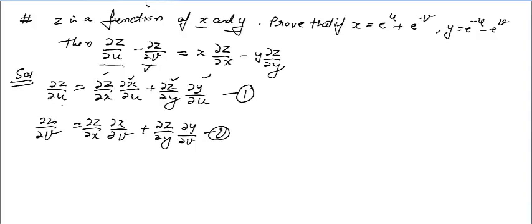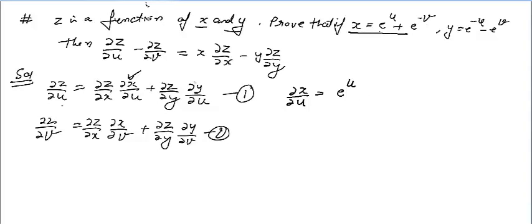Now see, curl z by curl x and curl z by curl y will remain as they are, because we don't have the z function. It is only given that z is a function of x and y, nothing else is given. So you cannot find these derivatives. You can find only curl x by curl u. So x is equal to this. So curl x by curl u will be the derivative of e raised to power u, which is e raised to power u as it is, plus the derivative of e raised to power v, where v is a constant here, so 0. So you will get curl x by curl u, only this one.